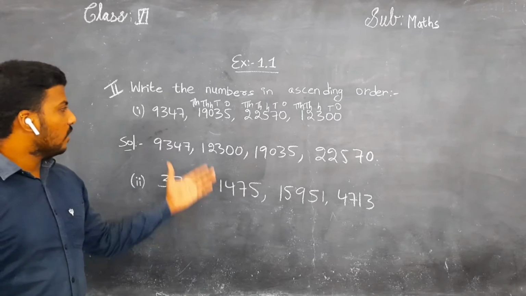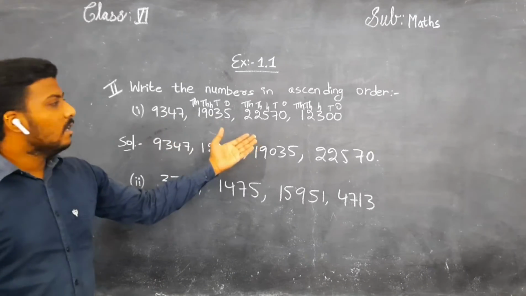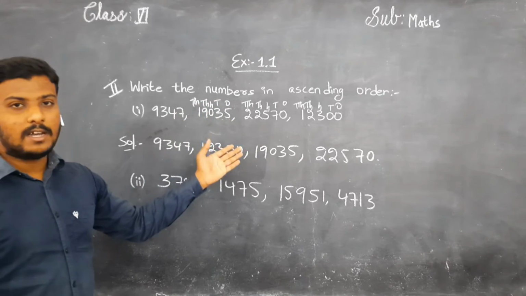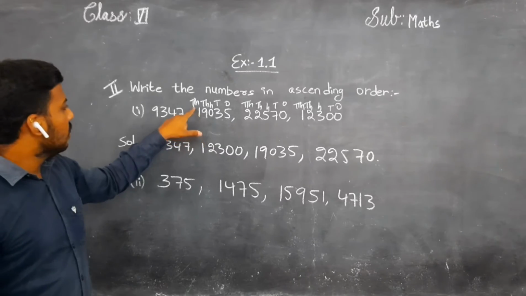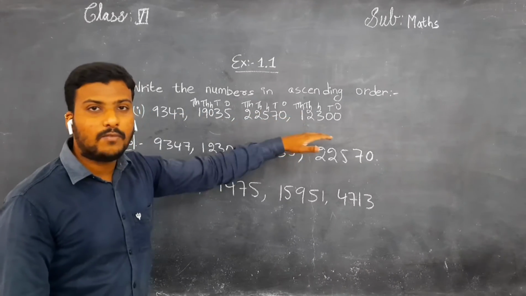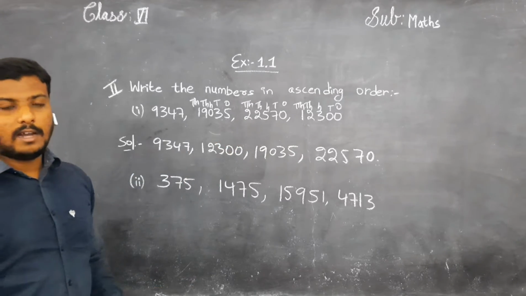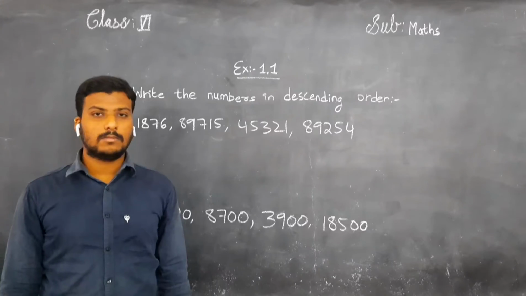Understand children? First of all you have to know the digits of the number which it contains. Later on you should also identify the different digits' place value system, like seeing that in the place value of 10,000 we have 1. Like that you have to identify each and every number. Understand children? See, we'll see next descending order.